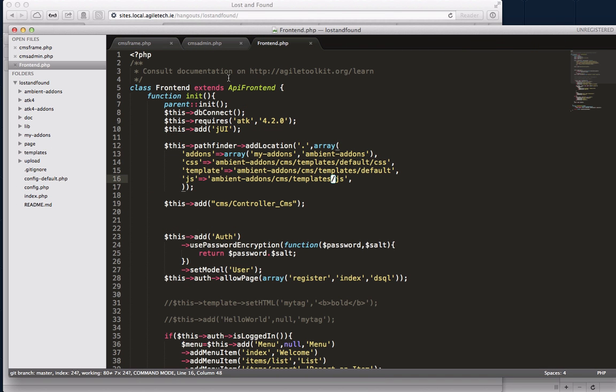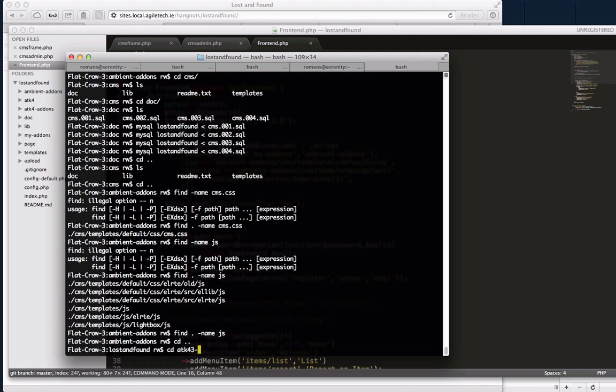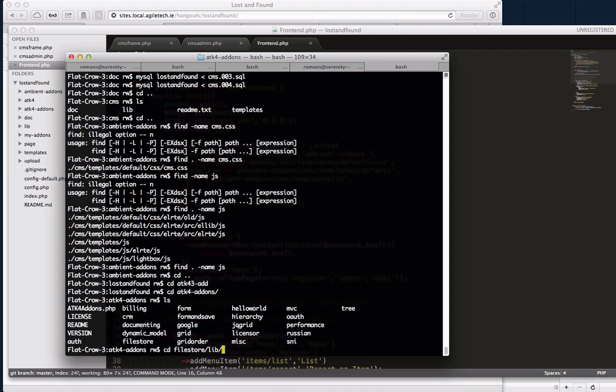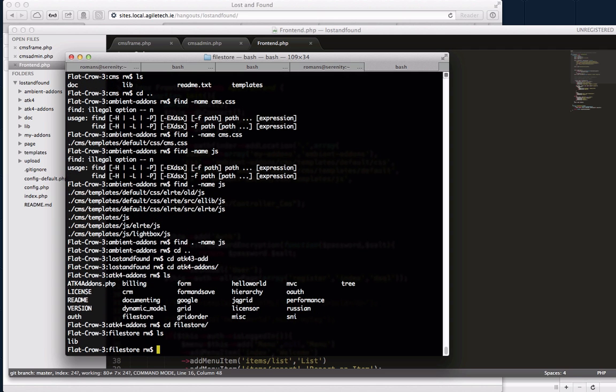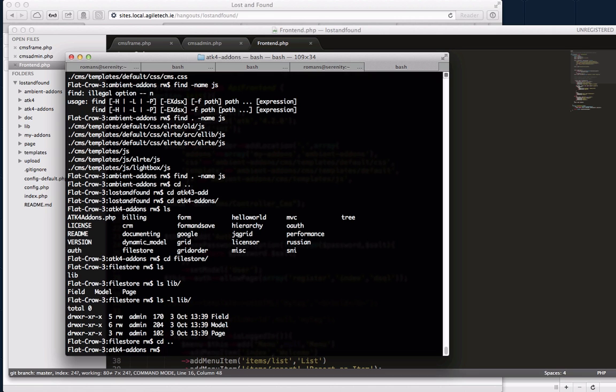Sometimes with the file store, similarly, it takes maybe a bit of effort to install it. Luckily, Filestore is supplied in our addons folder right away. So if I go inside here, there is a Filestore. And if we look inside lib, then we have a couple of classes. What's not included at the moment, but it's someplace else, is the schema for the file store. I overlooked that, and I'll add it